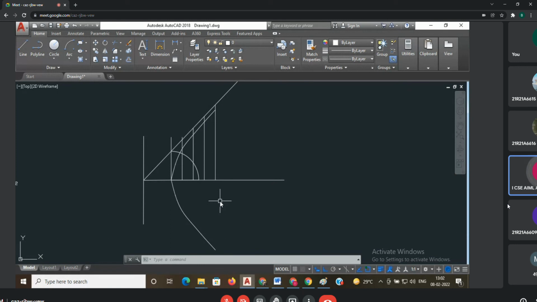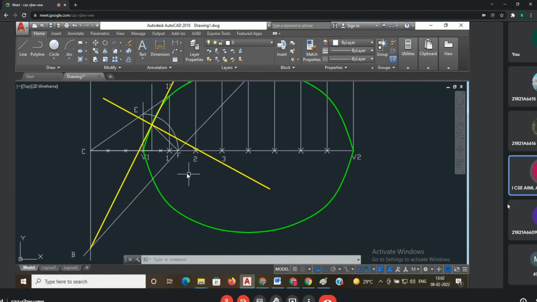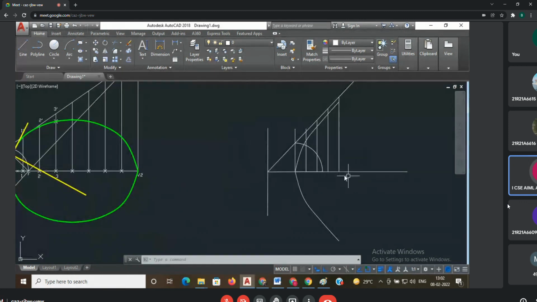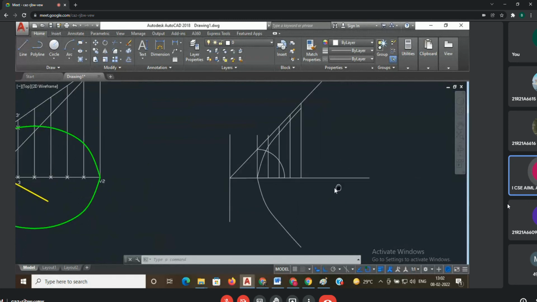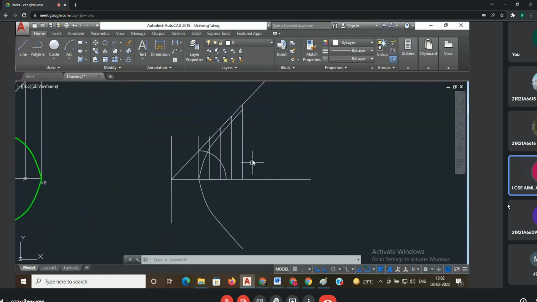For the hyperbola also it is the same. For the hyperbola, this vertex point will move towards the directrix. If you observe here, in an ellipse the vertex is near the focus, but here the vertex is in the middle. Next, for the hyperbola, the vertex moves towards the directrix. Then the arc will open. Ellipse is a closed curve; parabola and hyperbola are open curves. How will you identify open curves? Whenever the vertex is moving towards the directrix, you will get open curves.